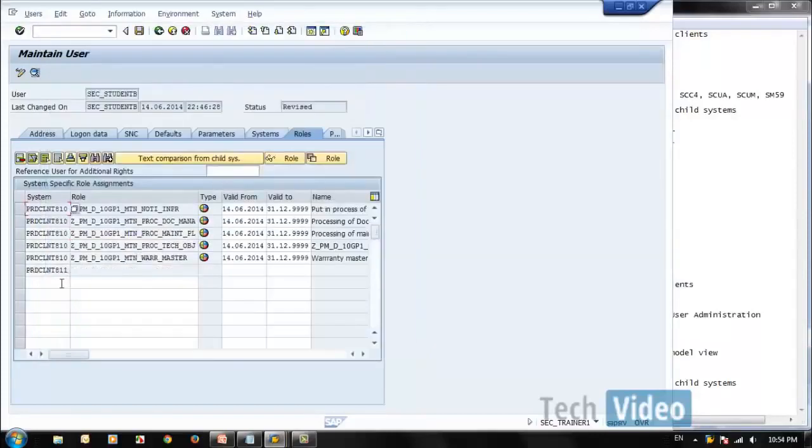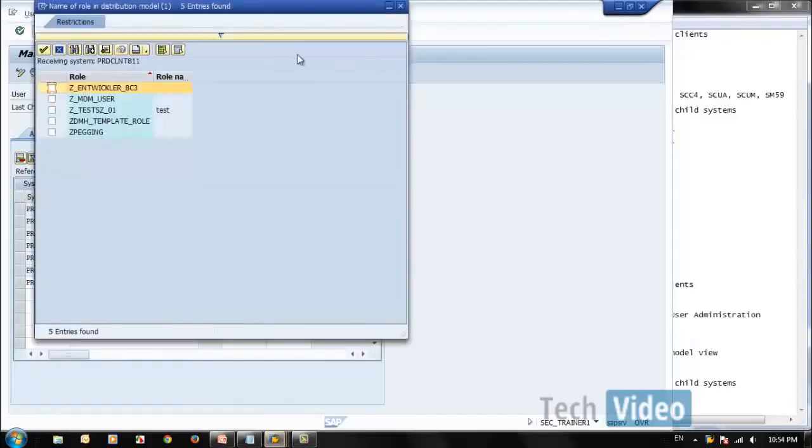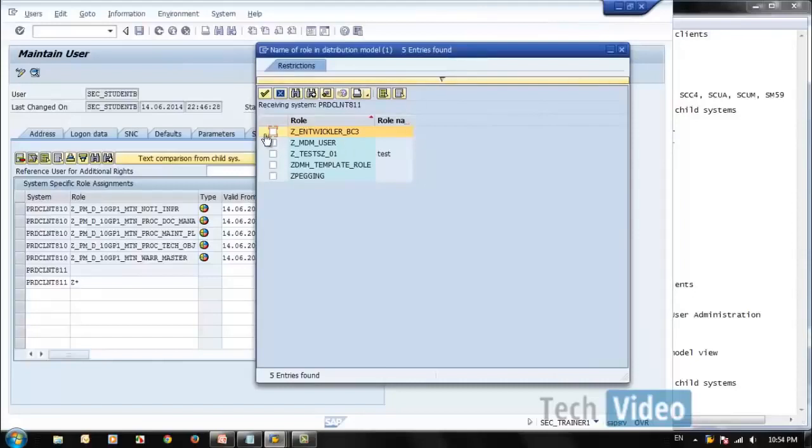These are all these ones, and 811. Do we have any roles there? Let's check. Yeah, there are some roles which belong to that specific client.